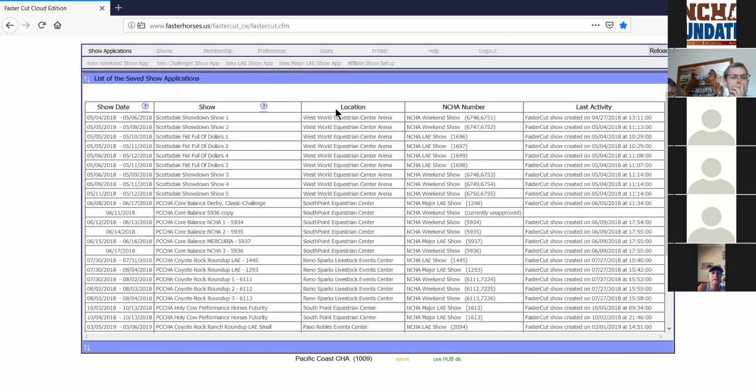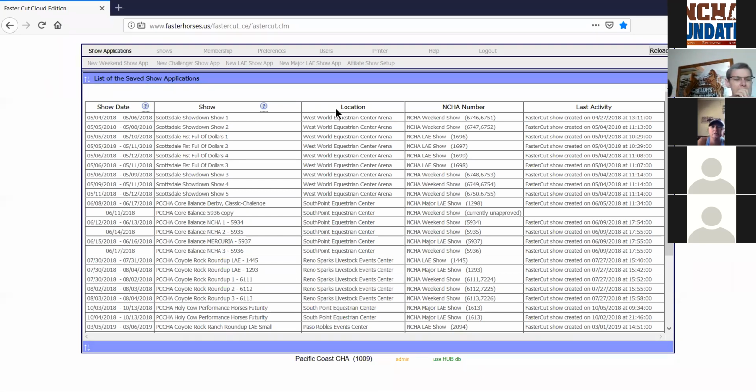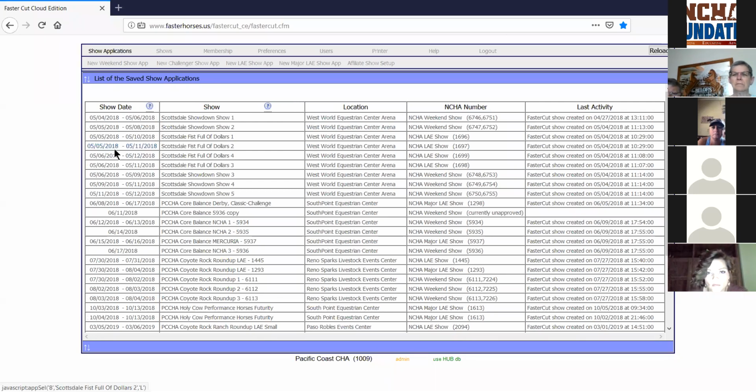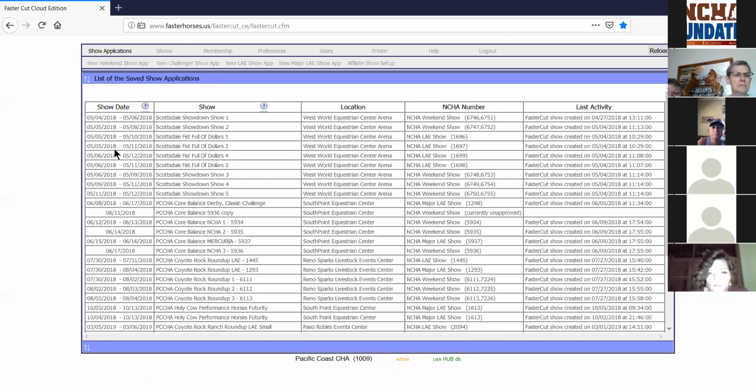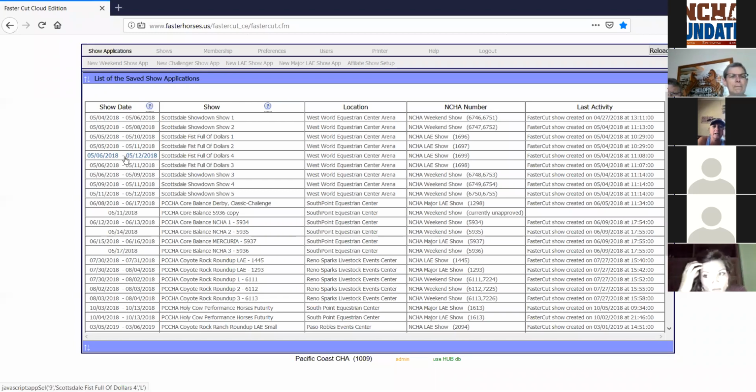But it only assigns those show numbers if you've already sent in the show applications previously and had it approved. Is that right? Correct. If I'm using it to send into NCHA to get a show, then we're going to be waiting on Linda to assign it a number, and then as soon as she assigns it a number, it'll come back and be okay. Right. So since this one is already approved, it goes on next week, and I just hadn't put it in. It's ready. Right. So what you're actually showing us is not having to apply for the